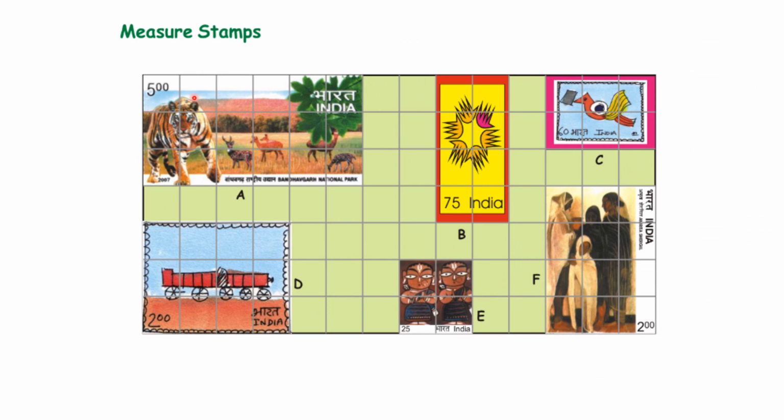Now you can open your textbook, page number 35, measure stamps. You can take your ruler and measure the stamp A. So this is 1 centimeter. Again you got 1 centimeter. So this length will be 1 centimeter, isn't it? Have you got here 1 centimeter? Yes. So write here 1 centimeter, or this is 1. Again here we got 1 centimeter, 1 centimeter, 1 centimeter and 1 centimeter, 1 centimeter.